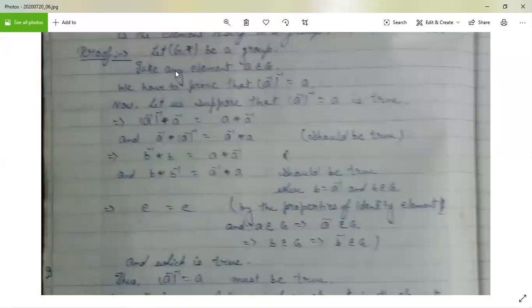Let (G, star) be a group. Take an element A belongs to G, then we have to prove that A inverse of inverse is equal to A itself. Now let us suppose that A inverse of inverse equals A is true. Therefore, we can operate A inverse of inverse star A inverse, that means multiplying both sides by A inverse. We get A is equal to A star A inverse